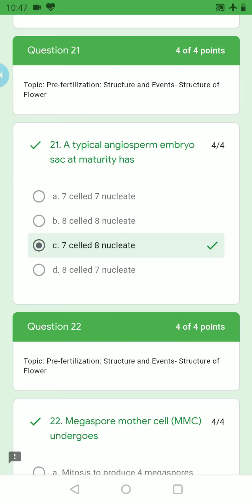The 21st question: a typical angiosperm embryo sac at maturity. For the purpose of this question, you just recall the structure of the female gametophyte or embryo sac. It's easy. A 7-celled, 8-nucleate stage. I hope you can remember. A typical angiosperm embryo sac at maturity is 8-nucleate and 7-celled. Isn't it? Then the next question: